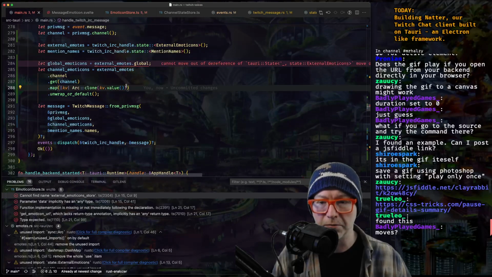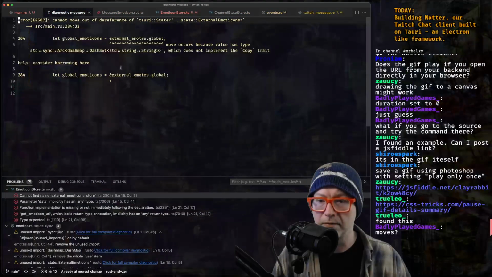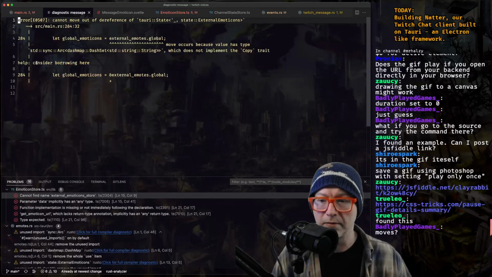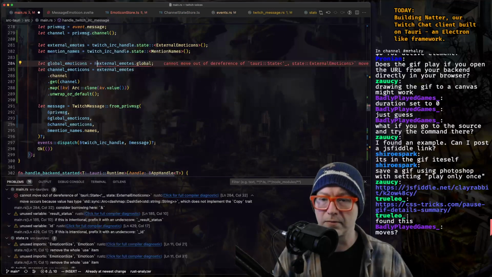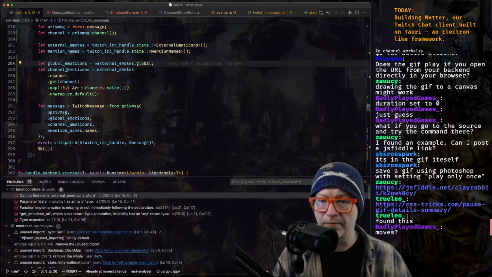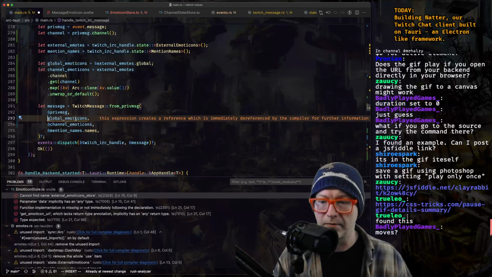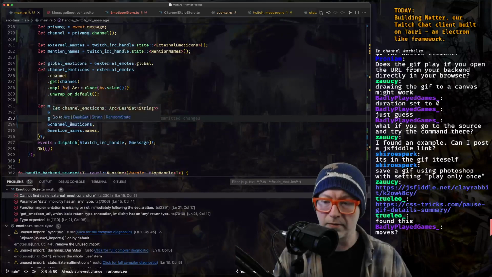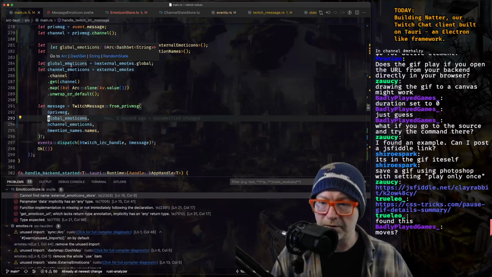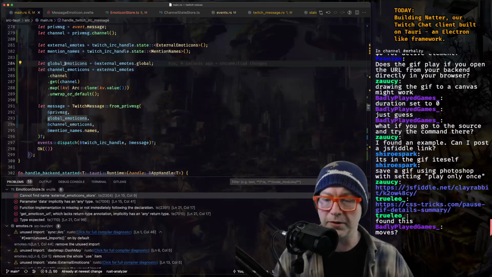Cannot move out of dereference. Consider borrowing here, global emoticons. Oh, okay, line 2. I see. What is this, though? Why don't we just clone the Arc?